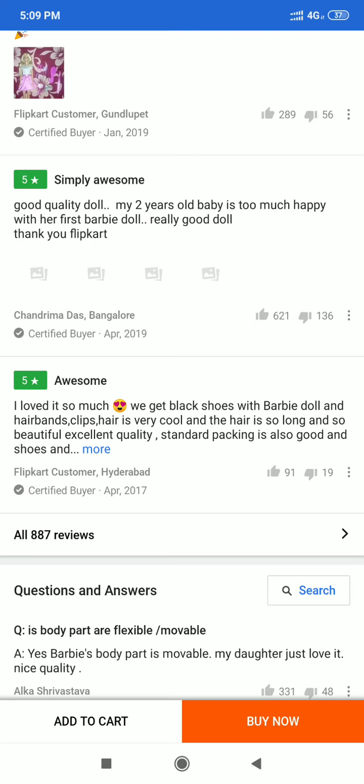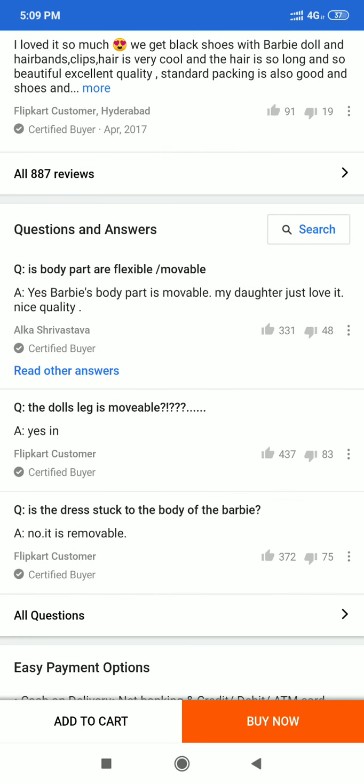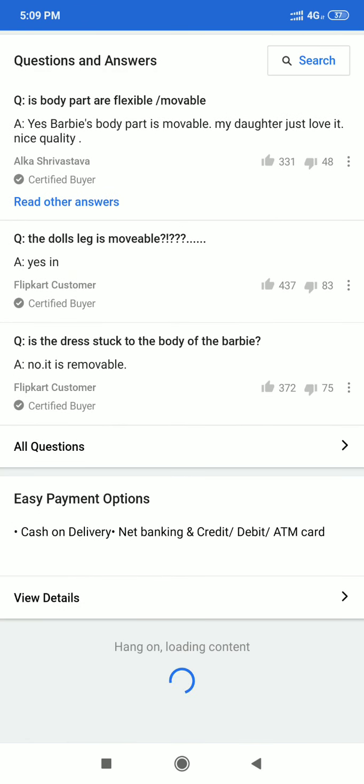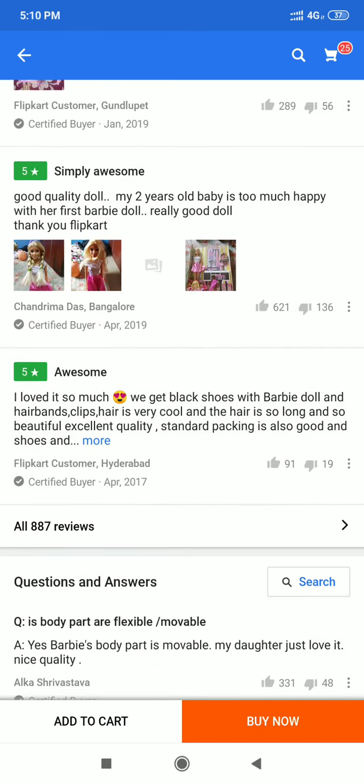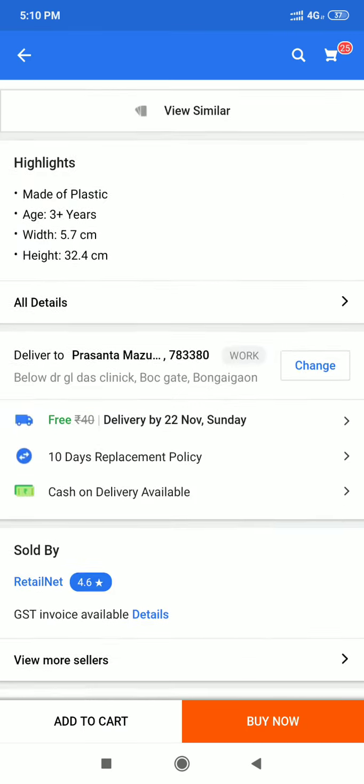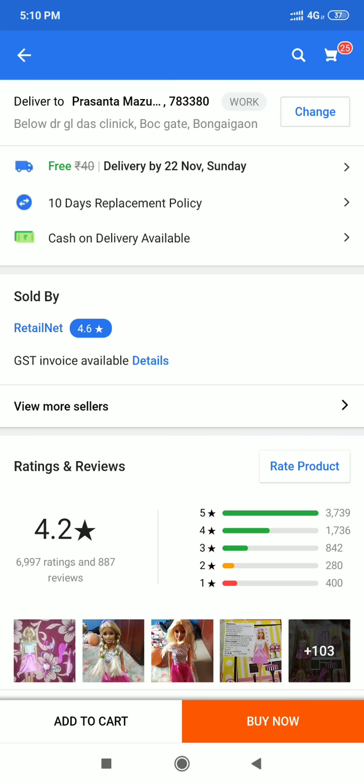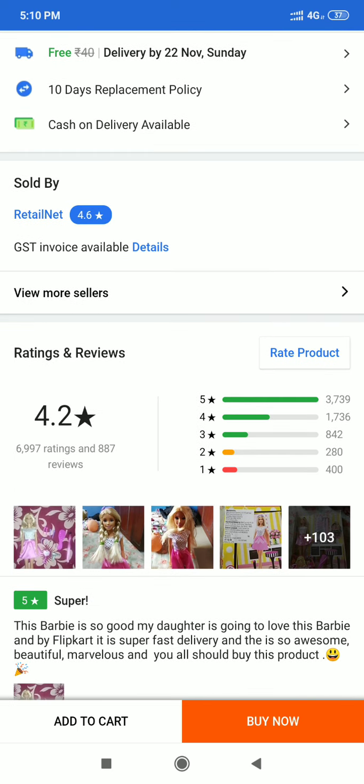And if you want to look at the comments, what people who bought these things have given on Flipkart, then you can go further down and you can get many comments here. Now if you want to see how many stars the people who bought this product gave, 4.2 stars.